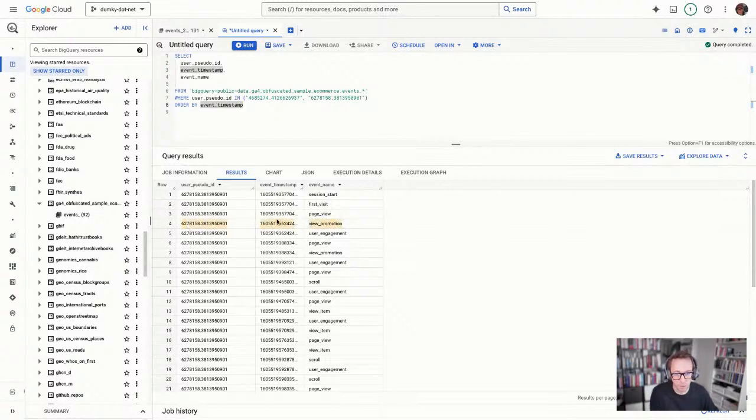Between this fourth event and the third event, time has passed. As long as we're doing a time-based gaps and islands problem solving, we need to determine the time that has passed between these two